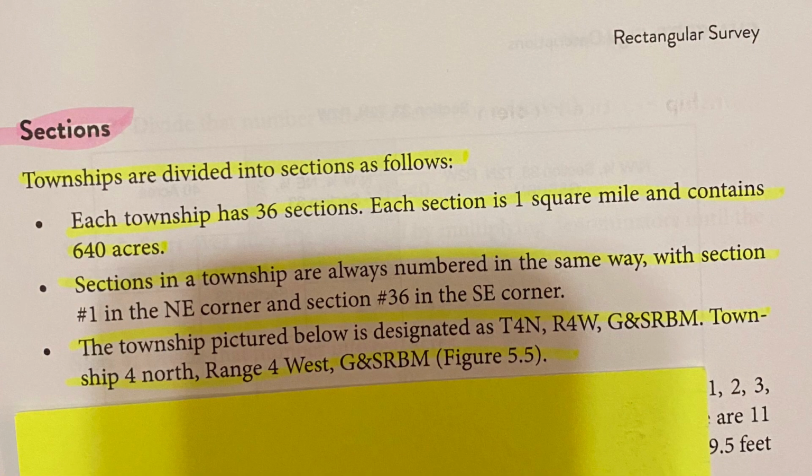Sections. Townships are divided into sections as follows. Each township has 36 sections. Each section is 1 square mile and contains 640 acres. Sections in a township are always numbered in the same way, with section number 1 in the northeast corner and section number 36 in the southeast corner. The township pictured below is designated as